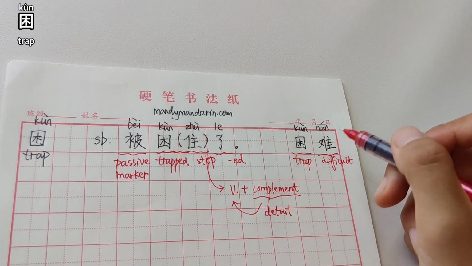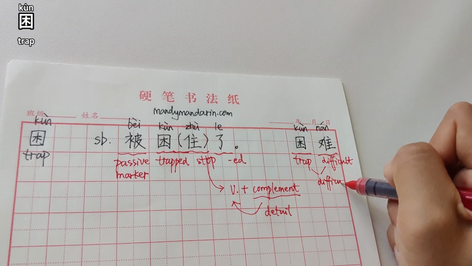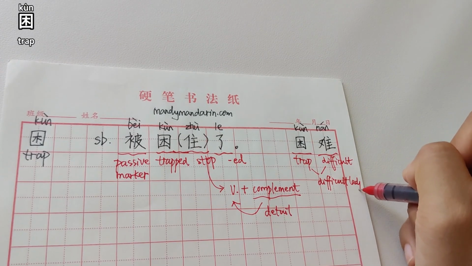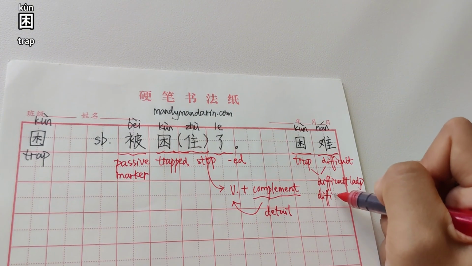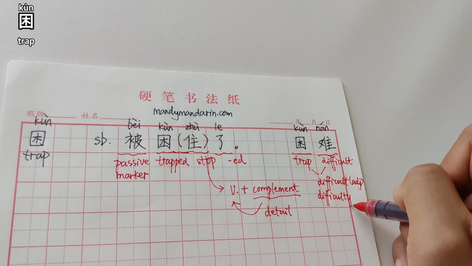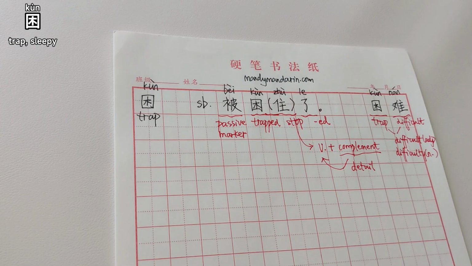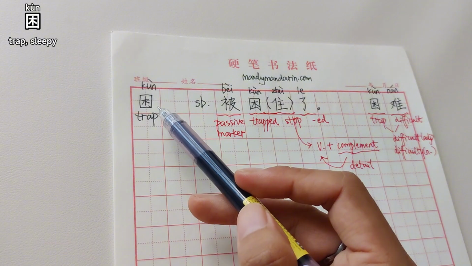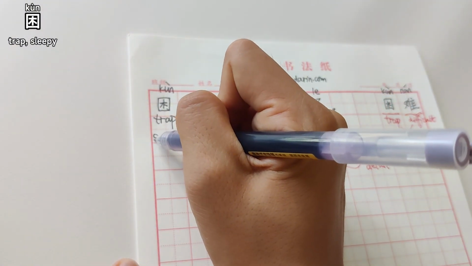So together, it just means difficult. It could be an adjective, and it could be difficulty as a noun. 困难. Please note that the 困 not only can refer to trap,